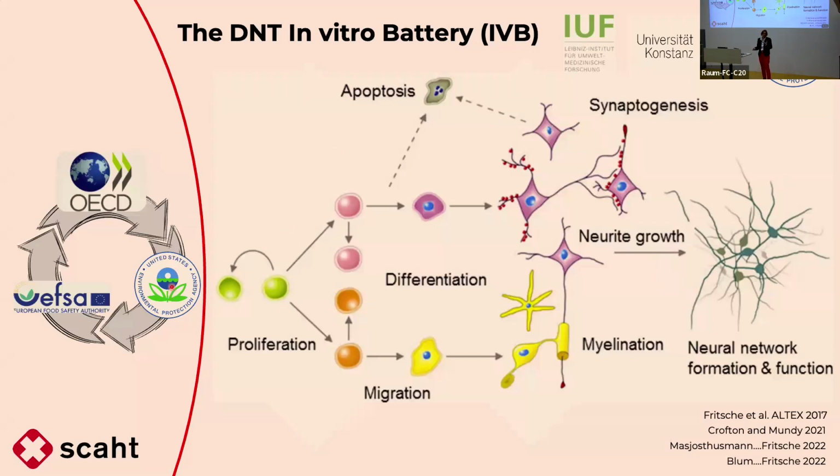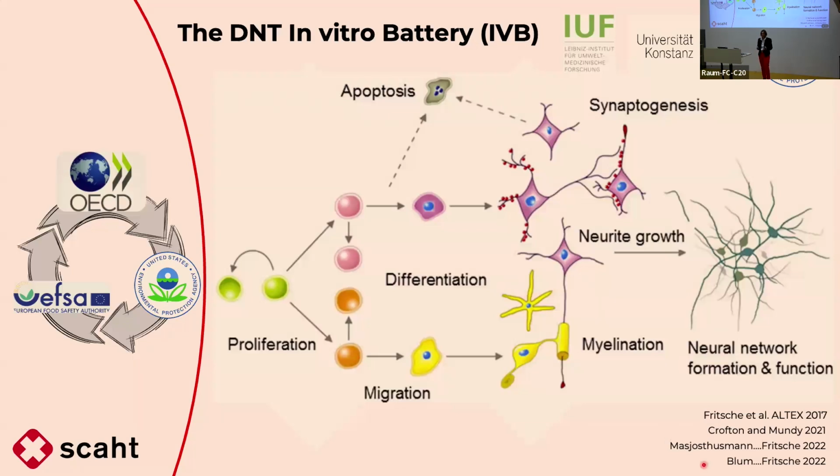Otherwise, we have a too small brain, we have a microcephaly. Then the cells also have to migrate and find their right spots in the brain. And while they migrate, they differentiate into different cell types of the brain. So at first they're radial glia cells, then they become neurons, they become astrocytes and oligodendrocytes, which actually perform the myelination of the neurites. The neurites need to grow and expand,